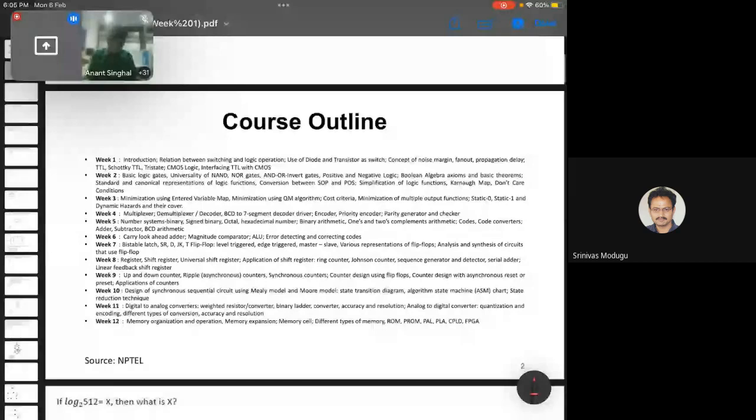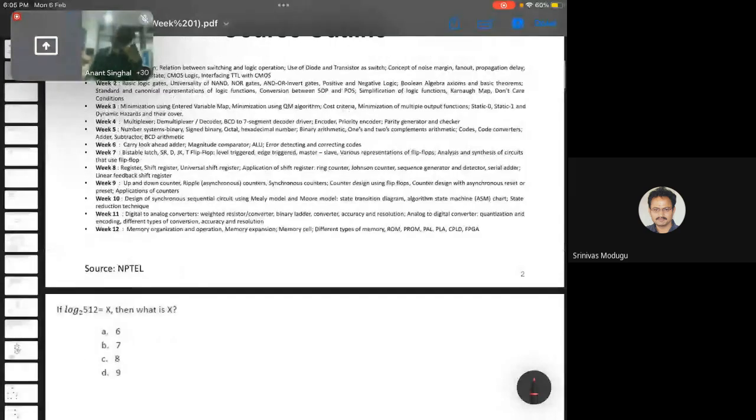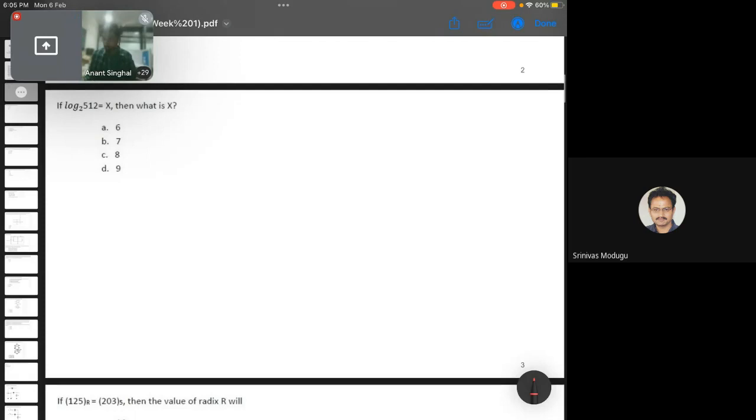So this is the course outline. This is week one. Yesterday Musfiq covered most of the questions related to TTL, so I'll try not to cover that topic and will cover the other topics in this week one content. I'll start with some basic questions. The first question is: if log to the base 2 of 512 is x, then what is the value of